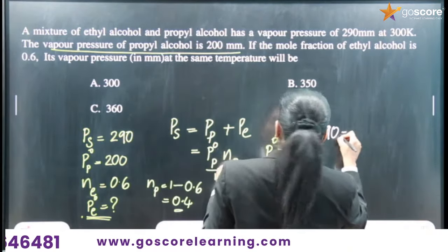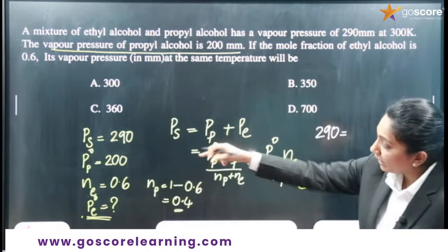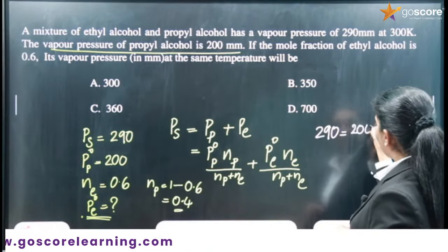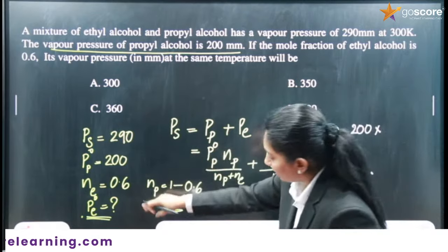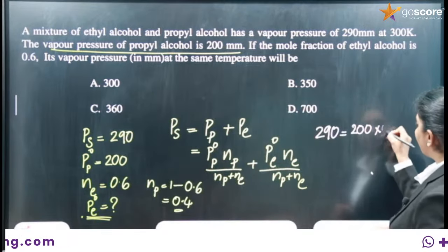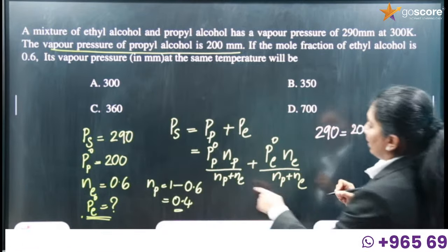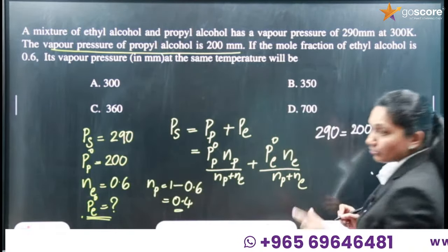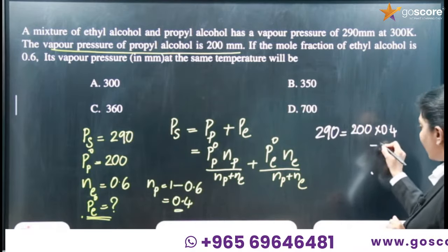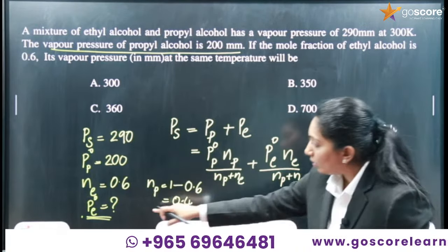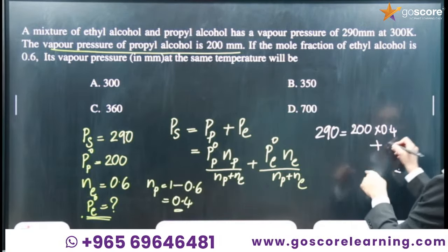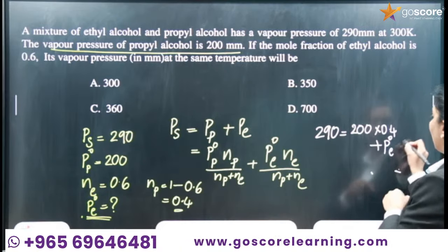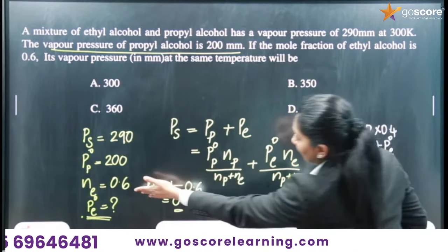It is 290, which is equal to P naught P, given as 200, into Np, given as 0.4. This Np plus Ne is 0.6 plus 0.4, that is 1, plus P naught E, that we want to find out, P naught E into the number of moles of E, it is given